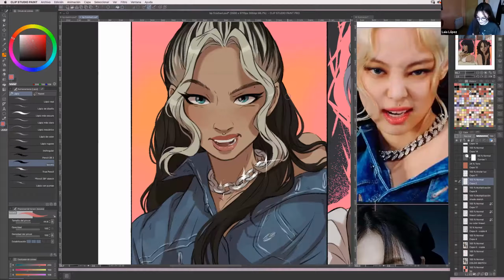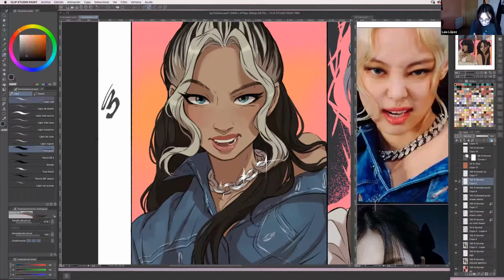This one is called Ink Angular, and it's basically a triangle with texture. I use this one, and then sometimes the sketch one, which has texture as well. But honestly, in my opinion, I like the Ink Angular one. This was a brush that my coworker gave me when I was working at a comic studio long ago. And yeah, wait, let me make a new layer and show you how I do it.